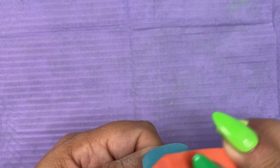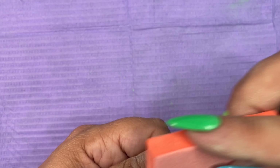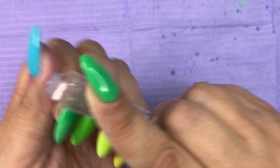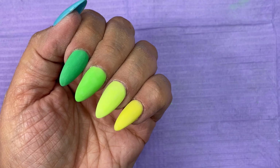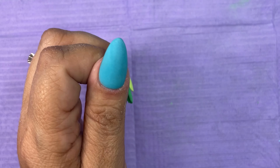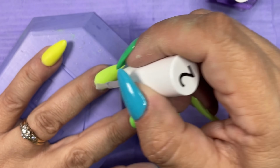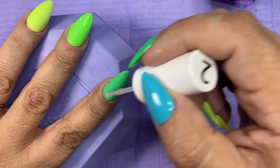I didn't even use my e-file for this set, believe it or not, and I generally do for my cuticle area. But like I said, I wanted to stick with what was in the kit so you guys could see what the results are with just what's in the kit, with the exception of the nail file, as I said. But here they all are, cleaned up, and now I'm activating, and I'm going to give that a couple of minutes